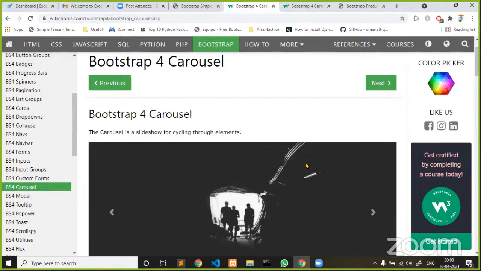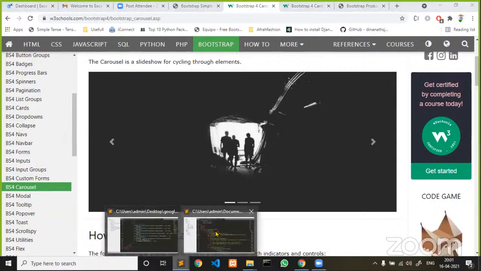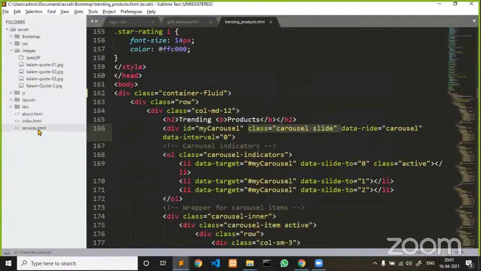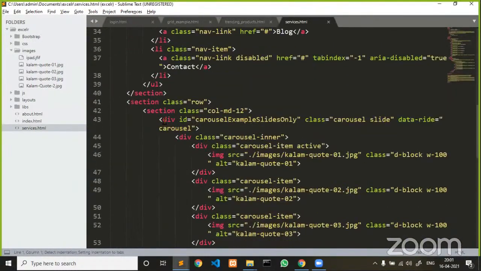Similarly, Bootstrap has a bunch of components. Even button is also a component, badge is also a component, spinner is also a component, dropdowns, cards, everything is a component. Each and every component has predefined classes. Now guys, here it is the same, but according to my web page design, we have used different carousels. The same way, you can see, in the last session I already explained. If you go to my project under services, here under services we also used one carousel.